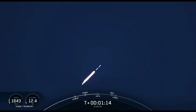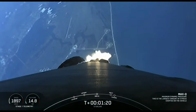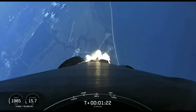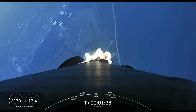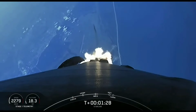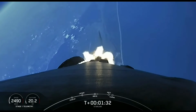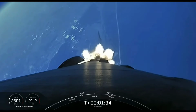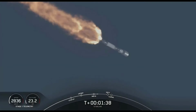Max Q. And there's that call out that we've passed through max Q. Now, we do have 4 events coming up in quick succession. The first will be main engine cutoff, or MECO, stage separation, second engine start 1, or SES-1, and then fairing deploy. So main engine cutoff is where all 9 of the M1D engines shut down to slow the vehicle down